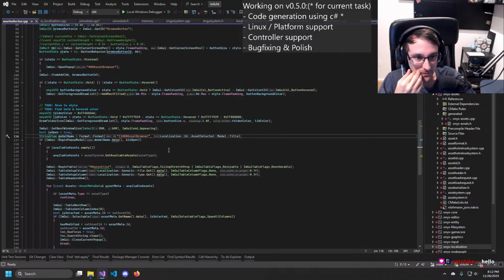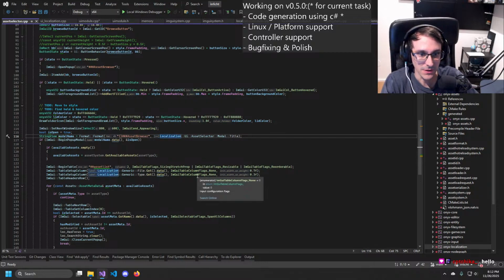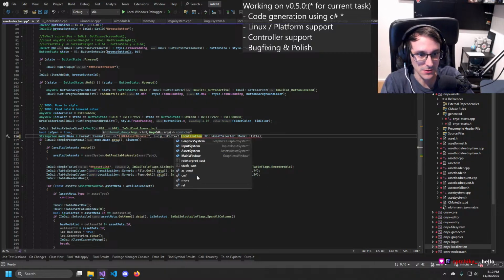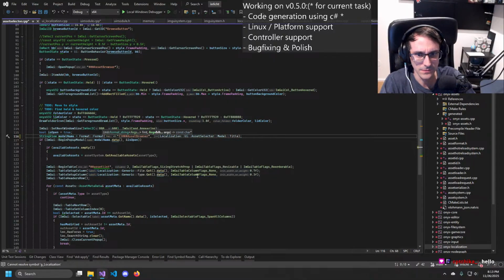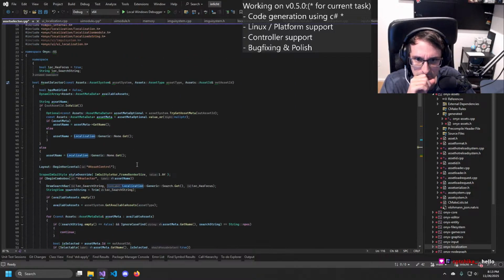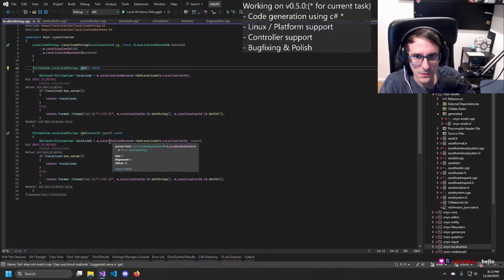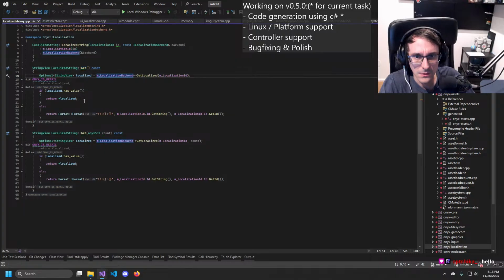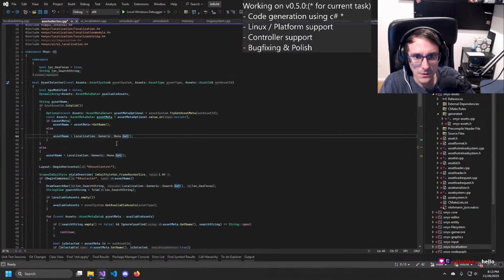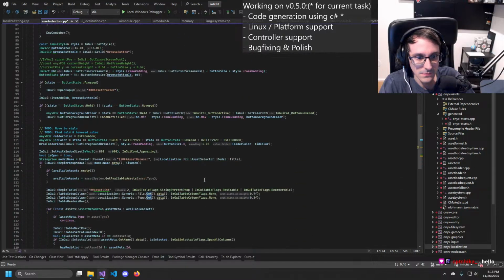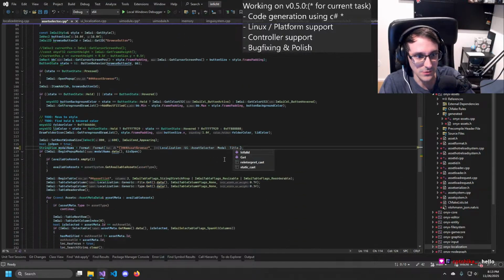Don't I have... can I do GUI context? Okay. Maybe not. Ooh, right. Can I do get here?